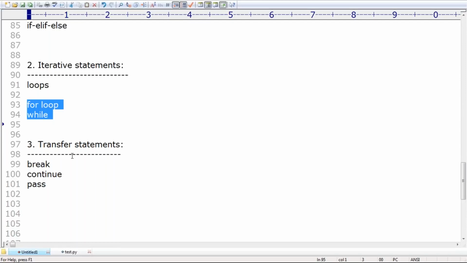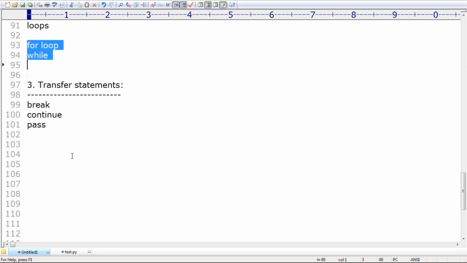Do-while, such a type of concept is not available. Switch statement is not available in Python. Some student is asking about the return statement. Yes, the return statement is available in the OOPS concept while defining our own methods or functions. There we will talk about return. Yes, the return statement is available. Remember that. Okay, that's all.